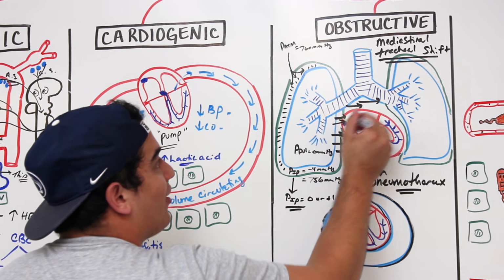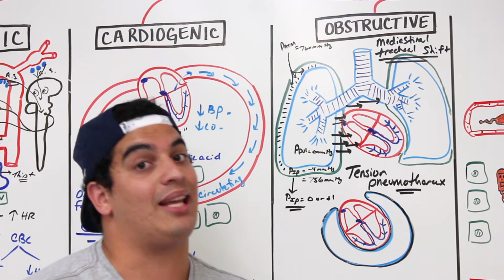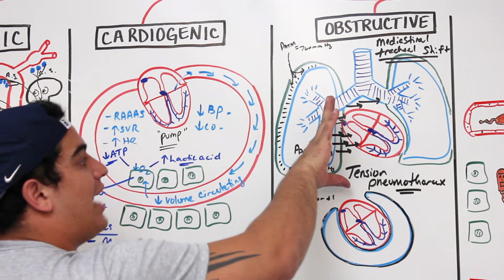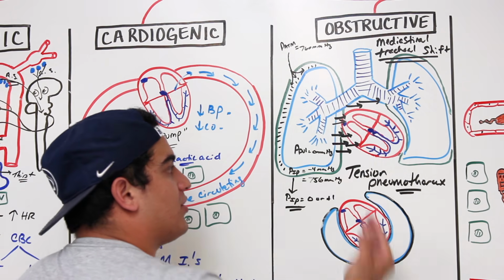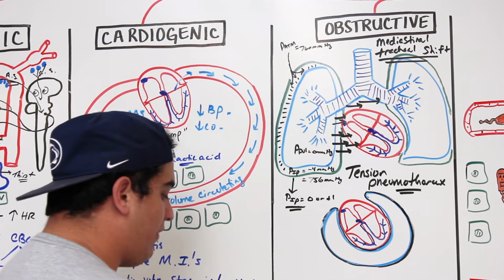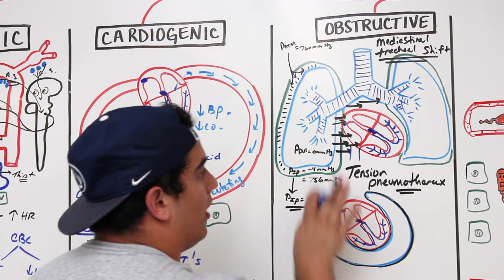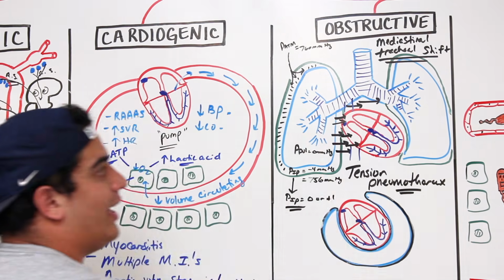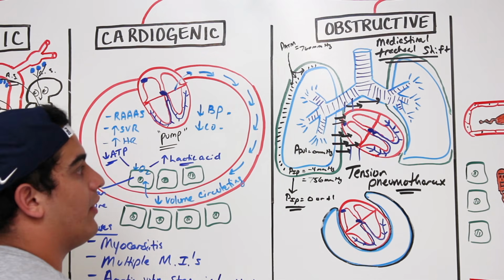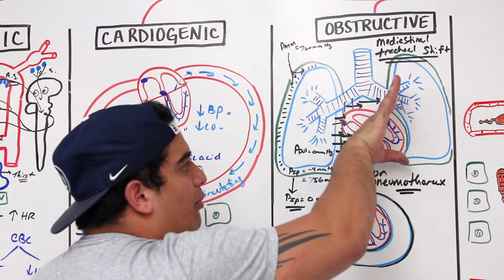You're going to be compressing the heart and the vessels that are actually bringing blood into it and taking blood out. So as this starts happening, the tension pneumothorax starts pushing on the chambers of the heart and some of the blood vessels that are trying to bring blood up. What's this one vessel right here that brings blood up into the heart right here? Inferior vena cava. If this is pushing, it'll start compressing it. What's the blood vessel that brings blood into the right atrium from the top? The superior vena cava. In certain type of situations where the pneumothorax is really pushing and compressing on the heart,